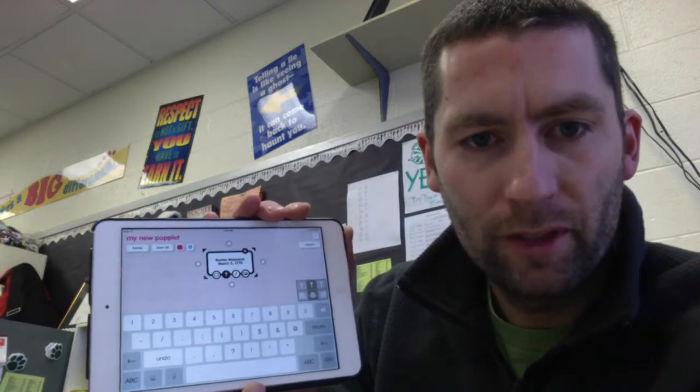The great thing about Popplet is I don't have to do them in order. And then to make it much better, let's go ahead and find a picture for this. Okay, so I'm just going to real quick do a Google search.